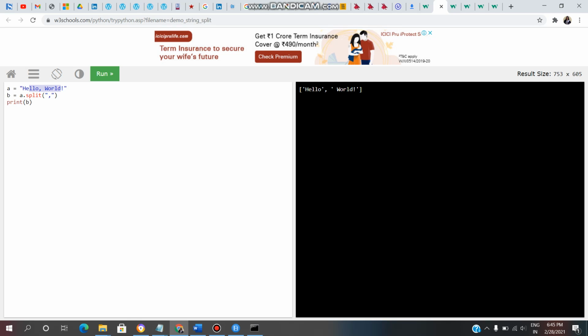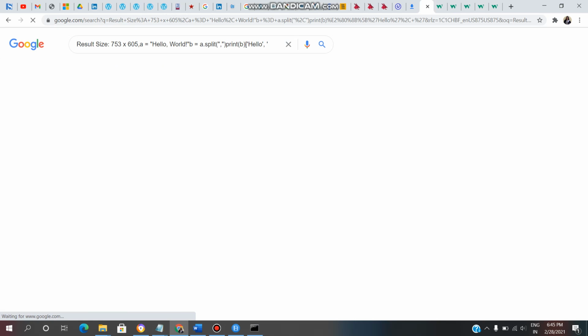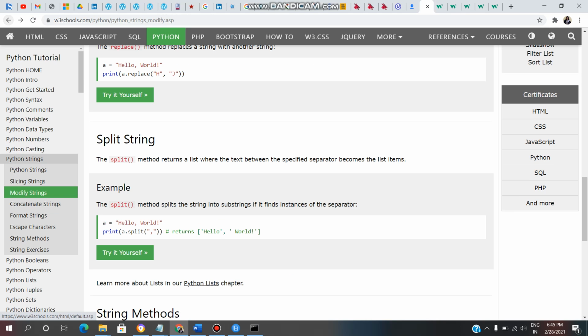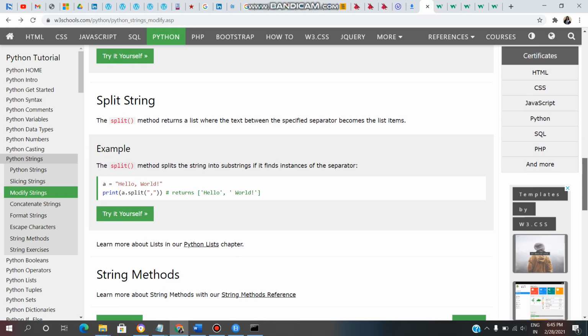It will split at the value which we have given in the brackets. Like we want to split at the comma place. So it will split at that place and give a list of strings like this. I hope everyone is clear with that. This is the split string.